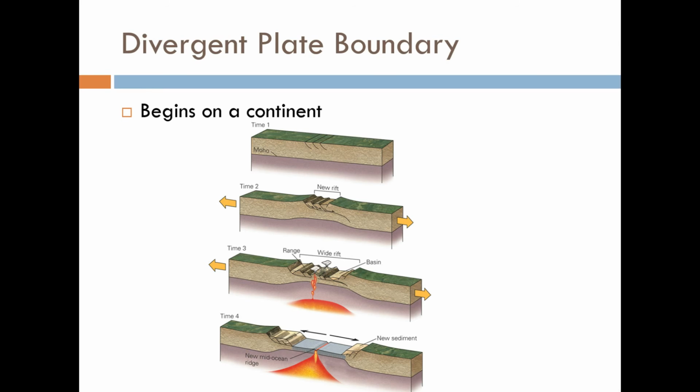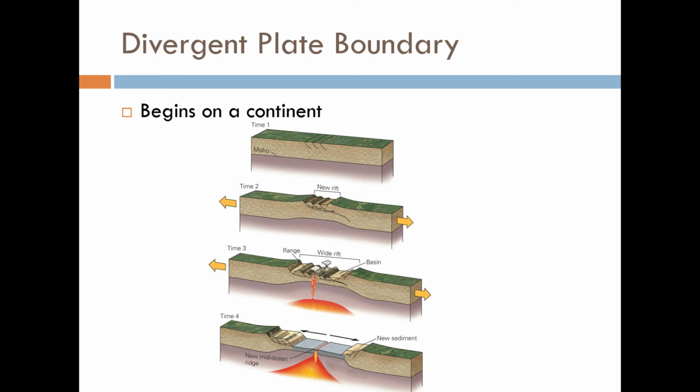Now, divergent plate boundaries begin with a continent. So we start with just a nice solid piece of granite lithosphere, a little bit of granite crust there, and it starts pulling apart. And this is a series of steps that happen here. So it pulls a little bit, you get a little rift. It pulls a little bit more, you get this big wide rift valley, and you can see the volcanoes in there. And eventually, what happens is it pulls it so far apart that those pieces of the crust, that granite,